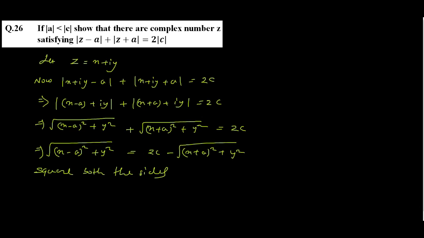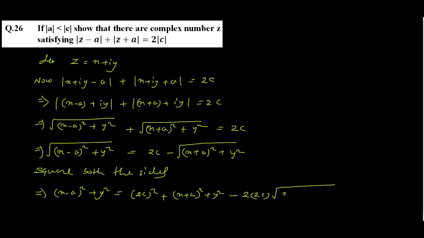What you will get here, and this will become x minus a whole square plus y square is equal to 2c square plus x plus a whole square plus y square minus 2 into 2c into square root of x plus a whole square plus y square. Okay,